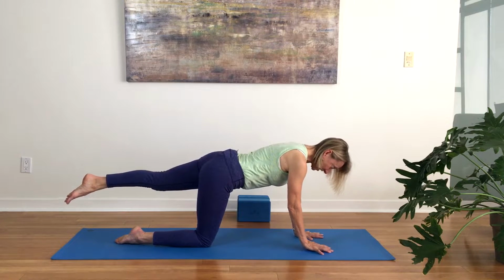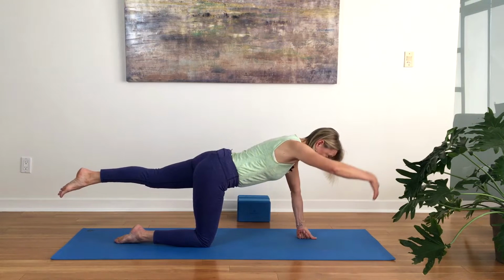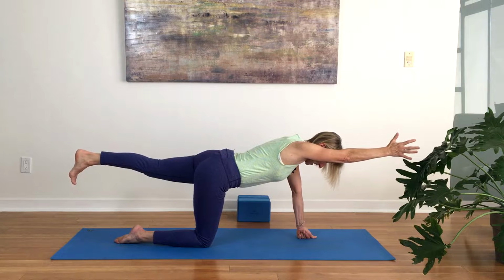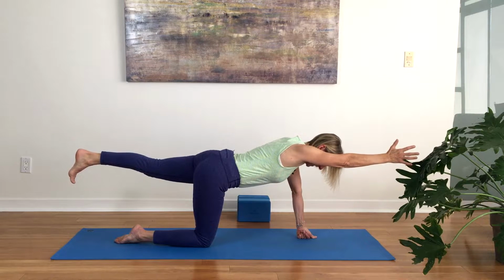If you need to readjust where your hands are, and if your wrists are tired, you could come up onto a fist and find what I call balancing cat pose, which is just a hold with opposite leg and arms in a straight line. Breathe